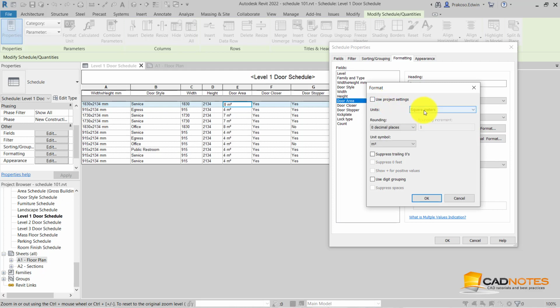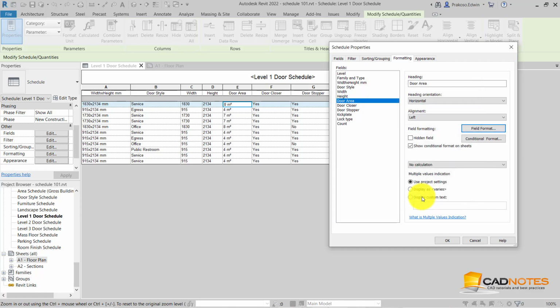We do want to show the unit in square meters, but showing two decimal places. We do want to show the unit symbol, because if we hide it, then it can cause confusion with the width and height unit. So let's just leave it like this. Click OK, and now we can click OK.